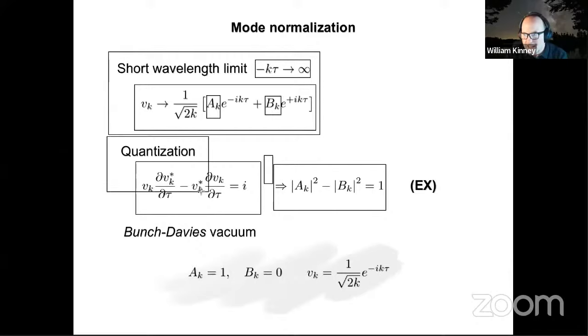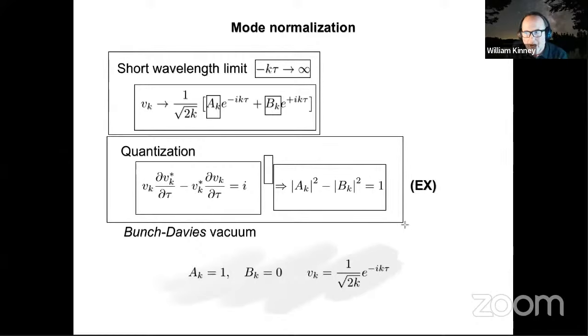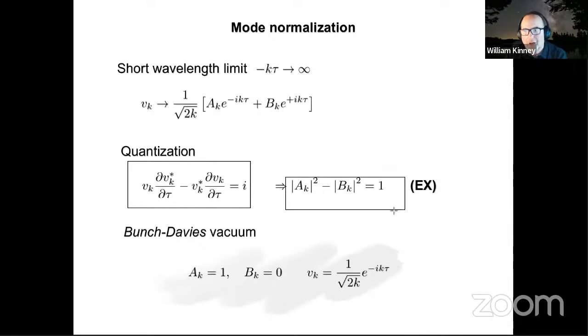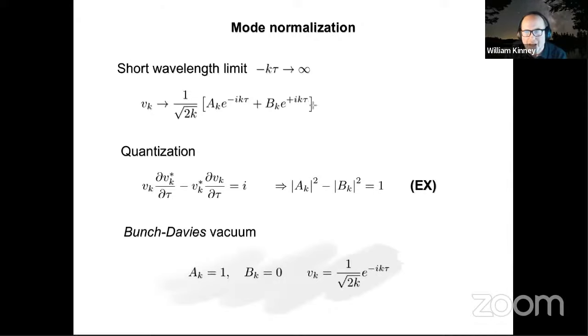So this, in fact, does not depend on the short wavelength limit in any way, although it's easier to do in the short wavelength limit, and that's typically the way it's done in textbooks. It's a nice exercise to go through applying this Wronskian to the exact Bessel function field solution and derive this. And I'll leave that for students to do as well. So, a little bit of messy algebra and some Bessel function identities.